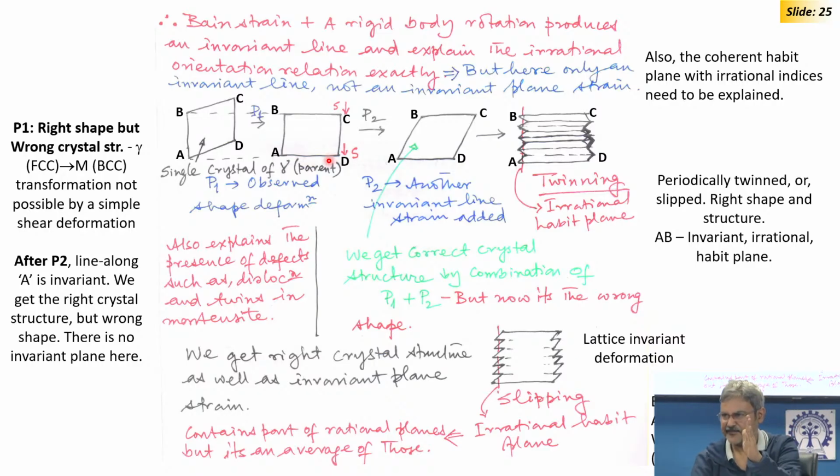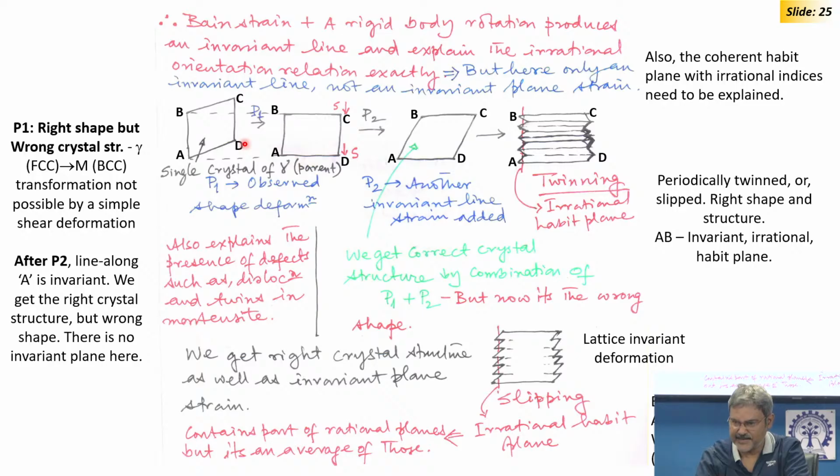So, one plane I keep fixed, give a rotation, and then another plane I will now fix and give another rotation, which adds another invariant strain, which now shears it, and the P2 line along A, the line perpendicular to the A point, becomes invariant. So, we have an invariant line now, which is satisfying, right. So, we are getting the right kind of structure, but the wrong shape, because we do not have the invariant plane here, because all the planes have changed; the AB plane has changed and the AD plane has also changed